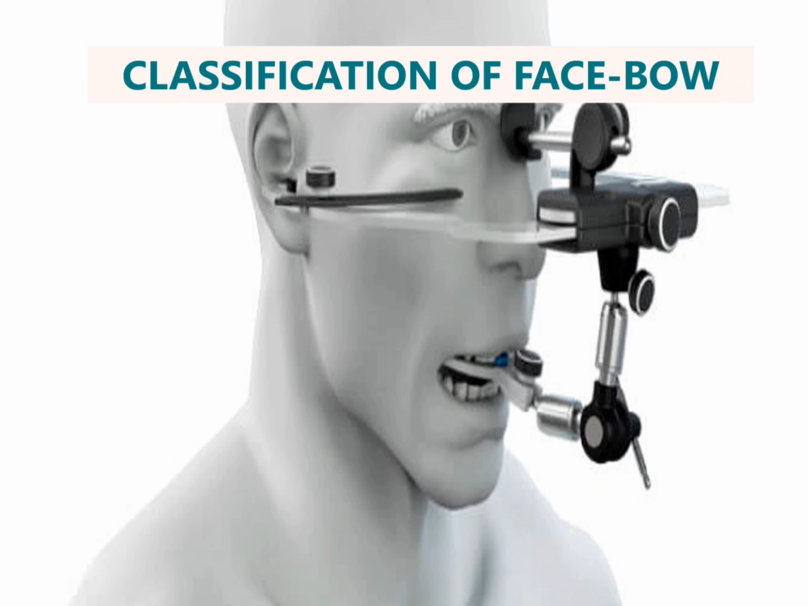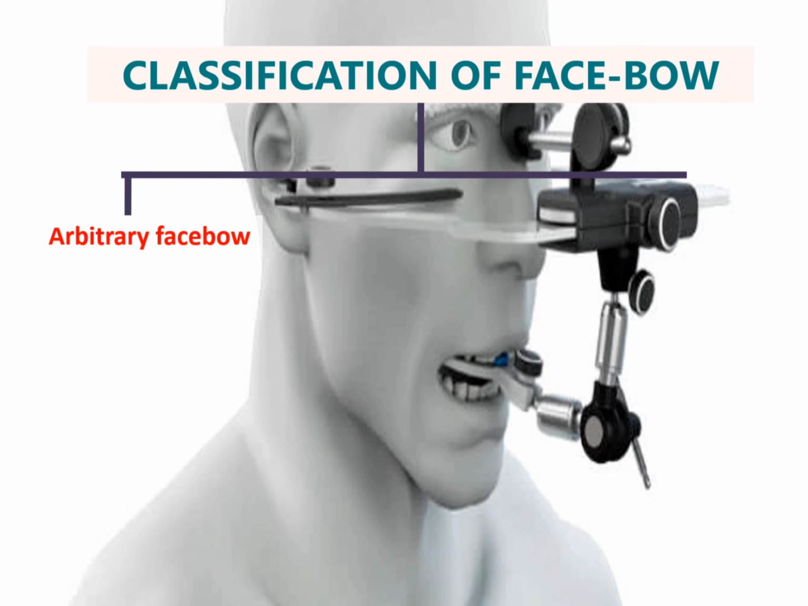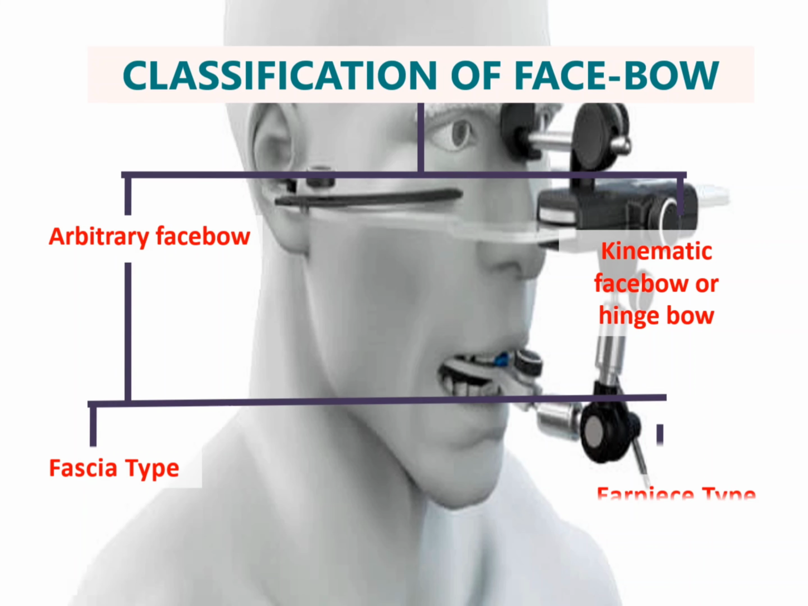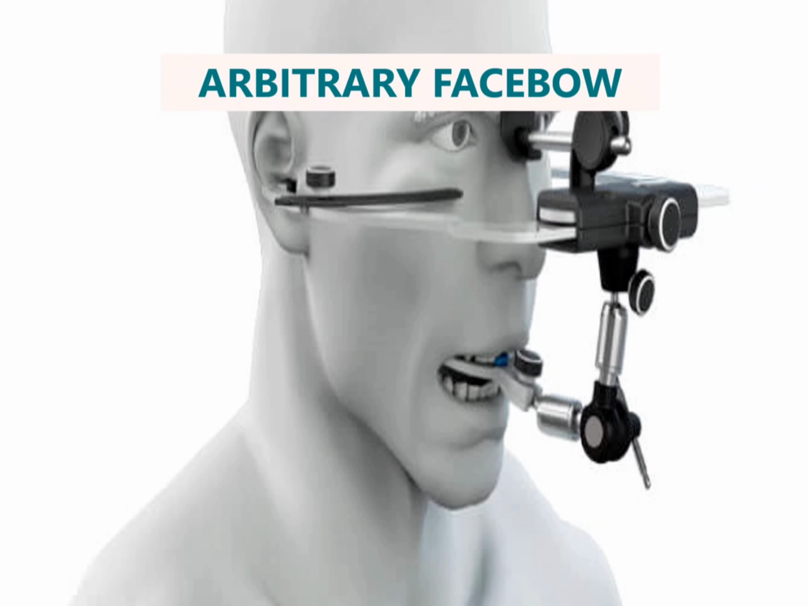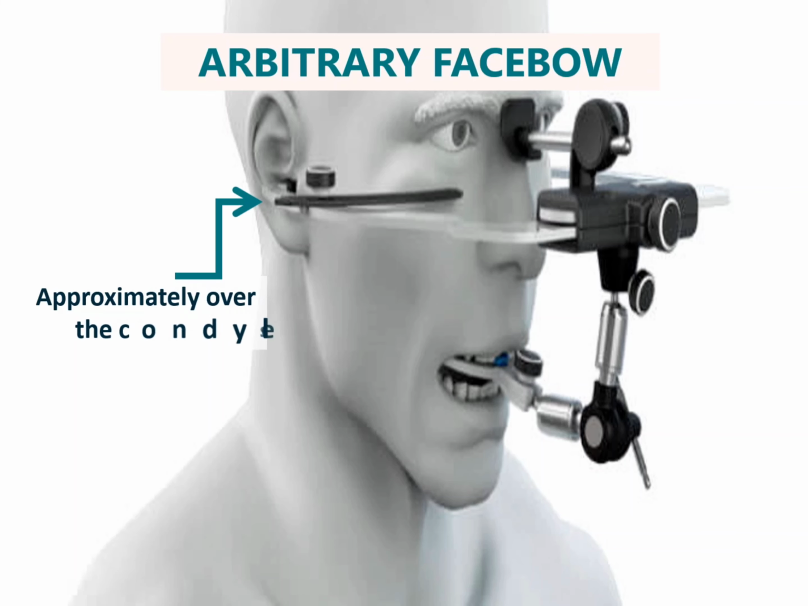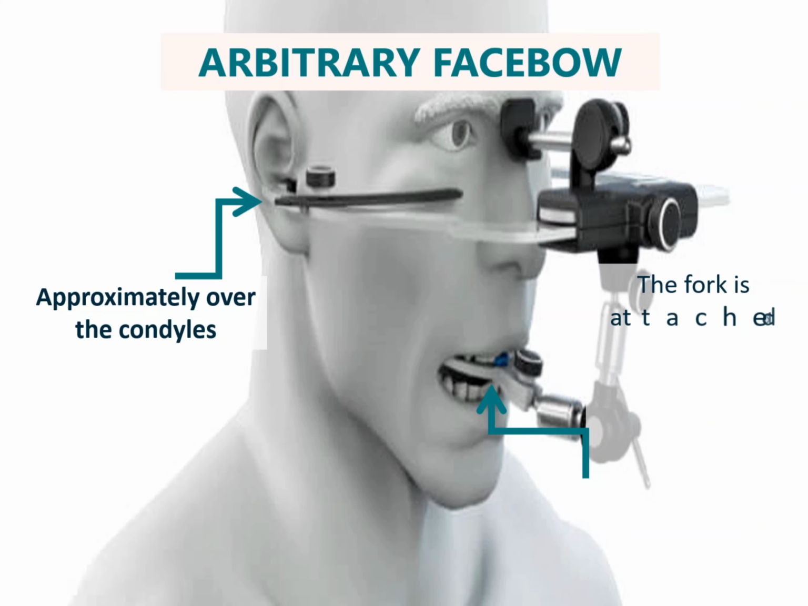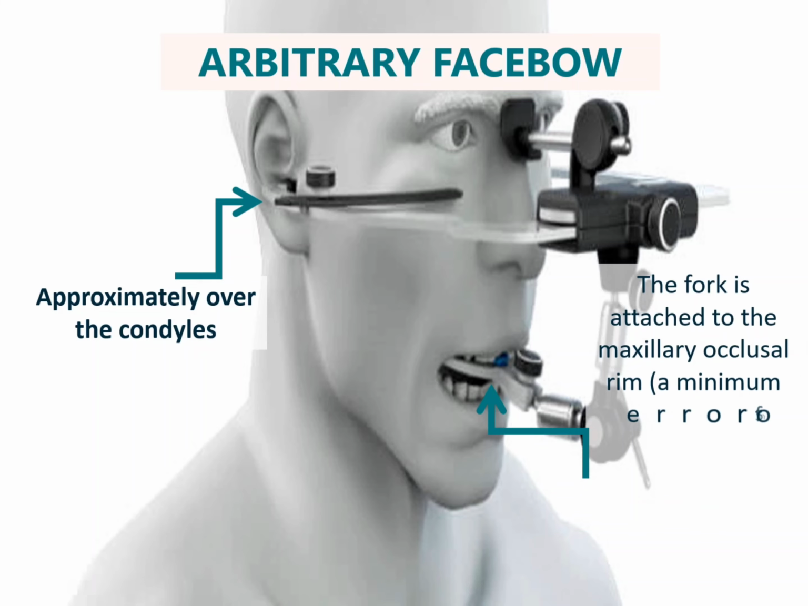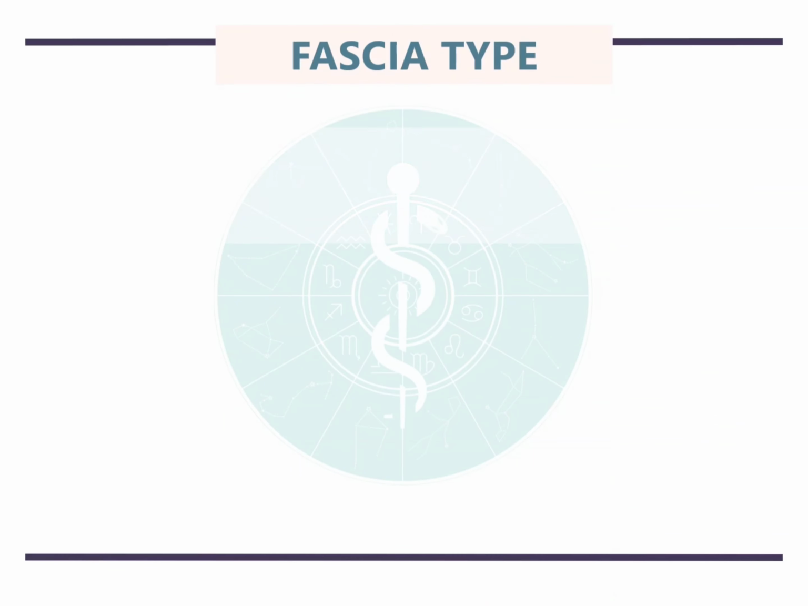Facebow is classified as the arbitrary Facebow and the kinematic Facebow or the hinge bow. Arbitrary Facebow is further divided into fascia type and earpiece type. The arbitrary Facebow is placed with the condylar rods located approximately over the condyle. The fork is attached to the maxillary occlusal rims. A minimum error of 5 mm from the axis can be expected,